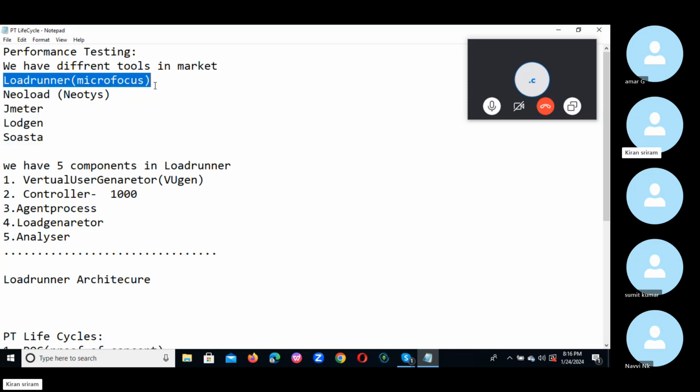Only LoadRunner is used by 99% of the companies. One reason is that it is license based. That is one reason. One more reason: you can observe that all MNC companies, level 4, level 5 companies, have a limited budget